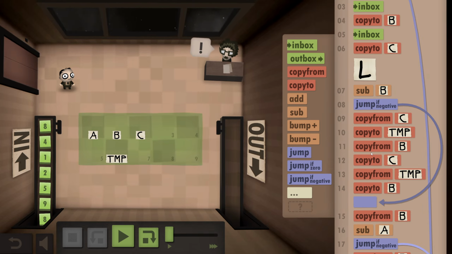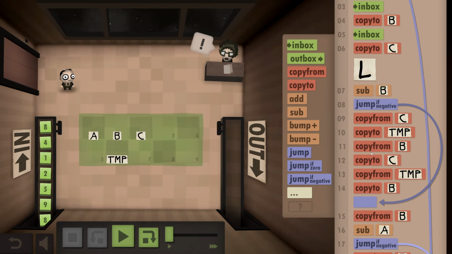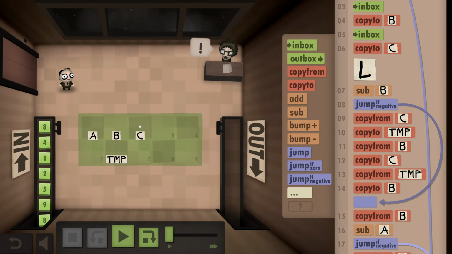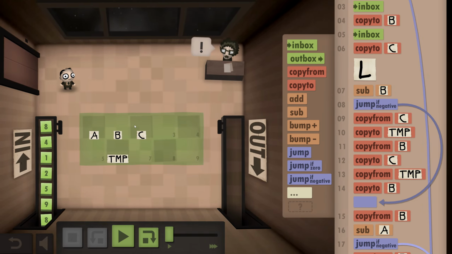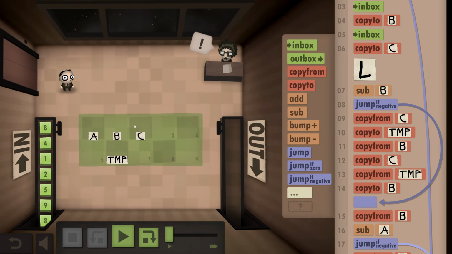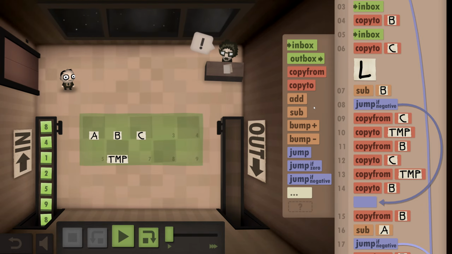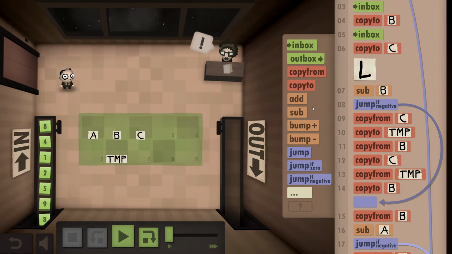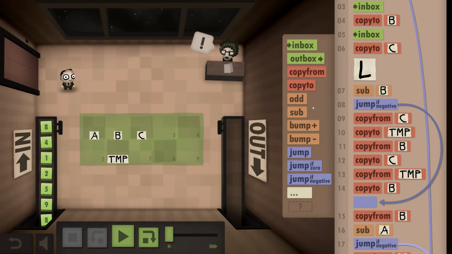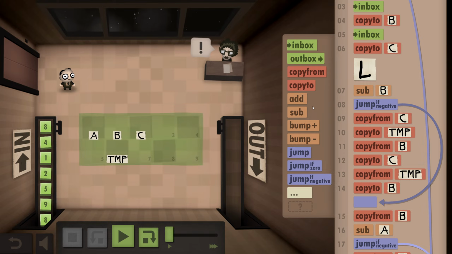And by not switching anything, by not moving anything around, we can lower the amount of steps. So what does that mean? Currently,